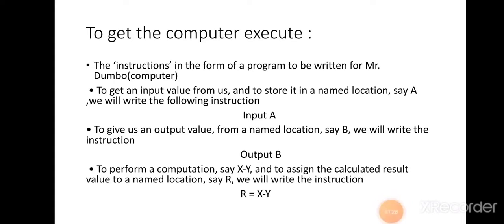So let's say we have to add the number of girls in the class and the number of boys in the class and get the total number of students in the class. So we take a value for the number of girls in the class, suppose A, and then take the number of boys in the class, B, and then perform A plus B. We store that A plus B value into R, and we ask the computer to give the value of R, that is the total number of students within the classroom. Okay? So this is how a computer executes, in layman's language.